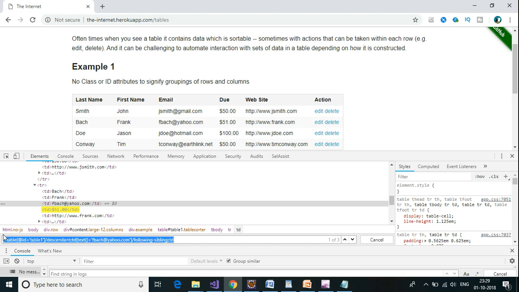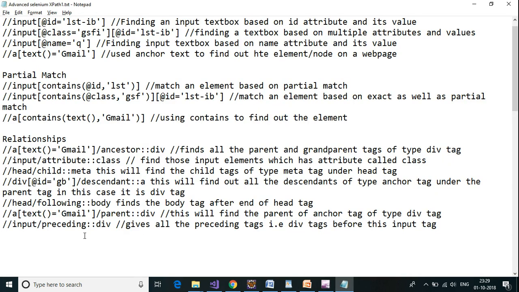So this will copy, and then we go in here. So this is the